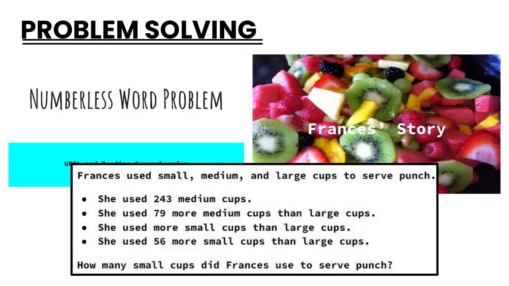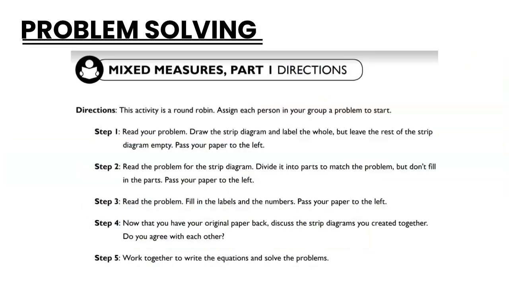And our hope is that through this, you will be able to get the thinking out of your students' heads and out into the air through questioning so that you can then evaluate what is being said and help either affirm that it's correct or correct it when it is wrong. But it's very important that students are also drawing strip diagrams to illustrate their thinking as they work through each piece of this story. The second resource or activity that I want to mention to you is one called Mixed